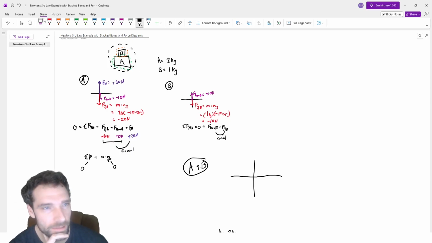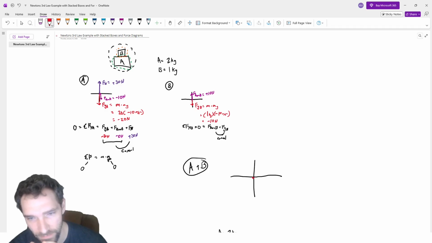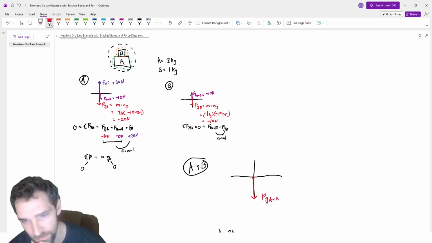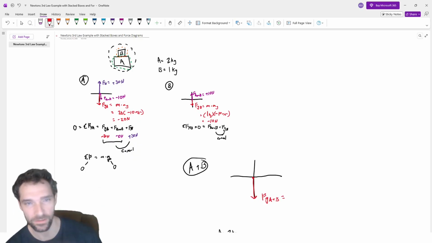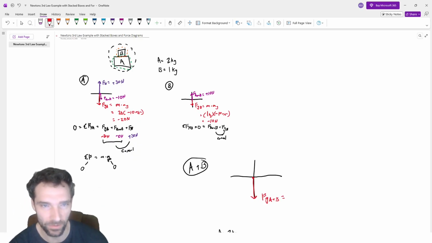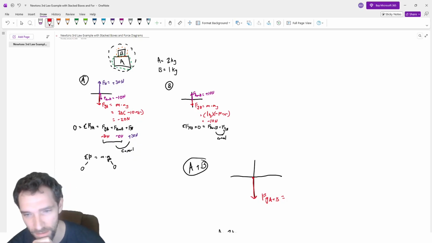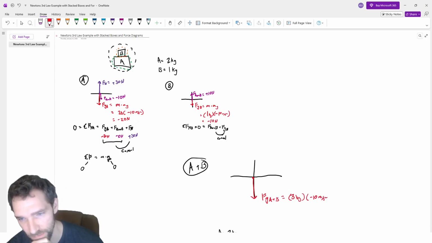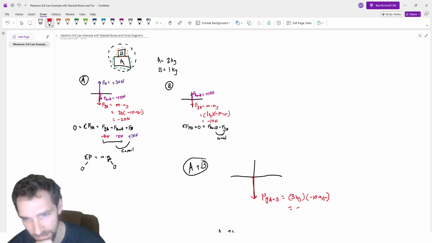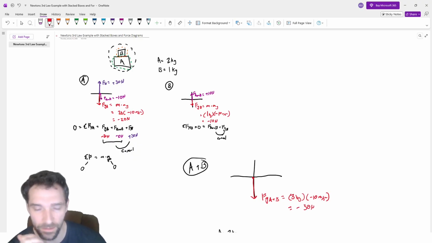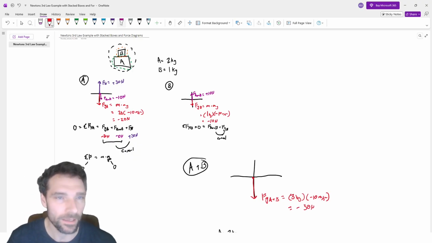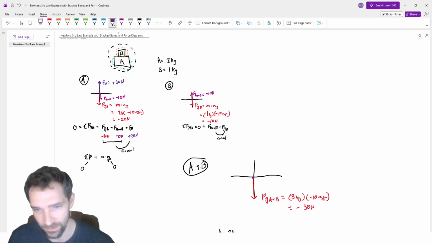And in that context here, the force of gravity down of A plus B, because we have the 3 kilograms now, it's the 2 kilograms plus the 1 kilogram. You're going to have like 3 kilograms times the -10 meters per second squared, aka -30 newtons, pulling it down. And then that surface is still pushing up, equal and opposite, with a